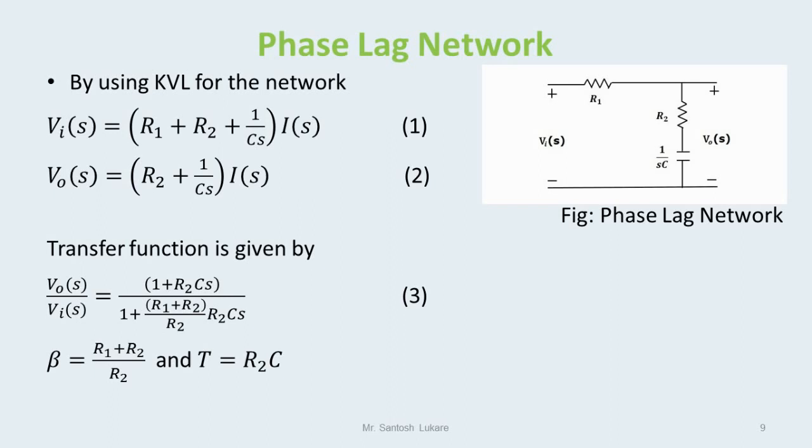So the input and output have the same frequency, but there is a phase lag. The output always lags the input at a certain frequency value. If we vary that frequency from a lower value to a higher value, at a typical point on the frequency axis we have the maximum phase lag observed between the output voltage waveform and the input voltage waveform. That kind of profile is what we discussed before this slide. So this network provides us such magnitude and phase response, and that's why we call it a phase lag network.